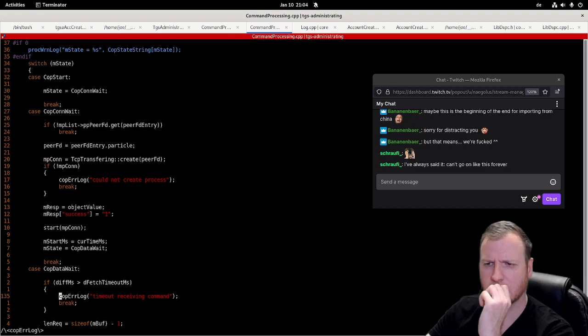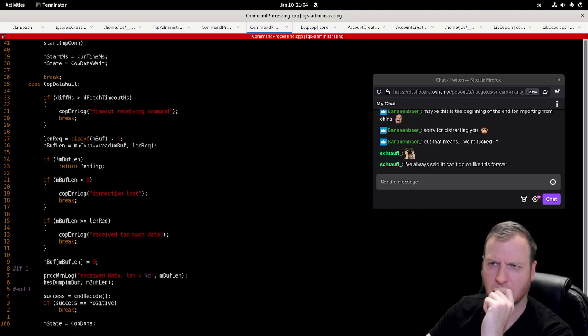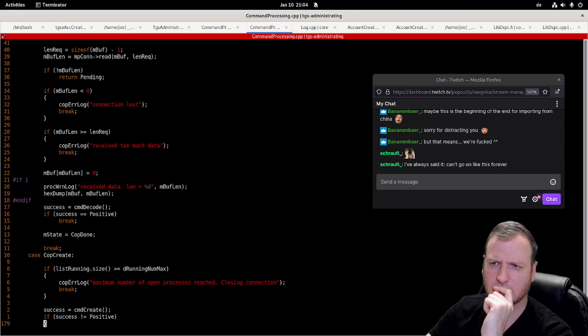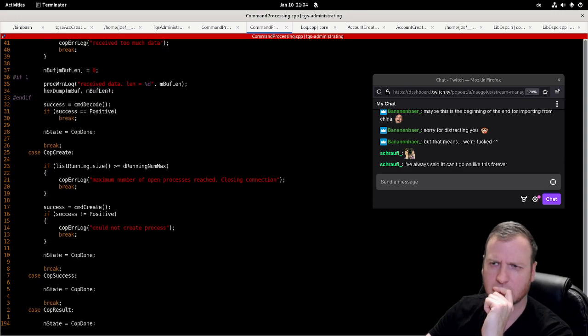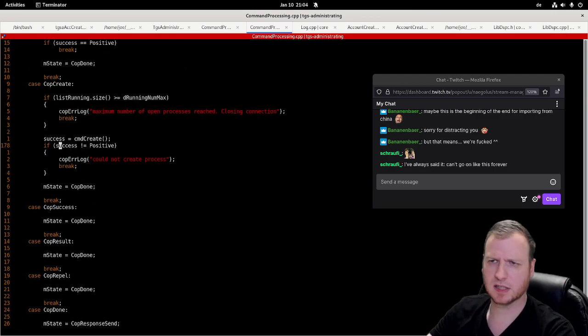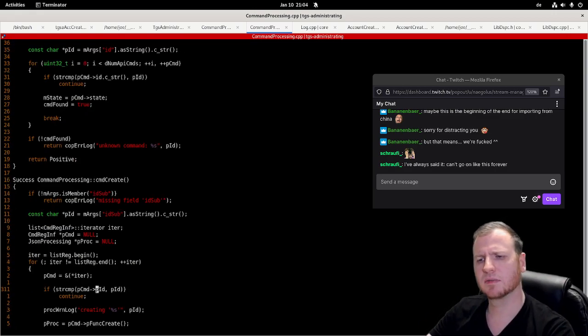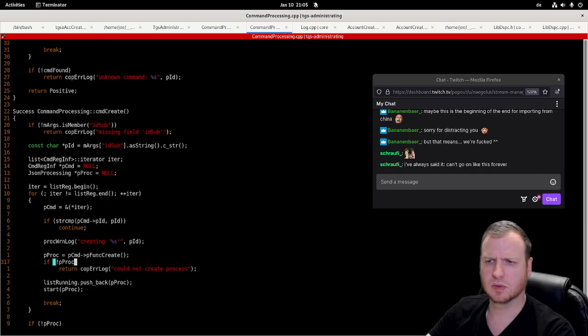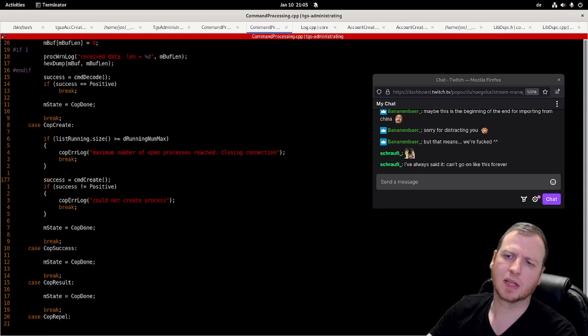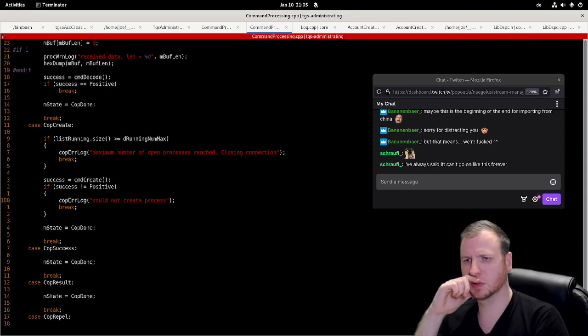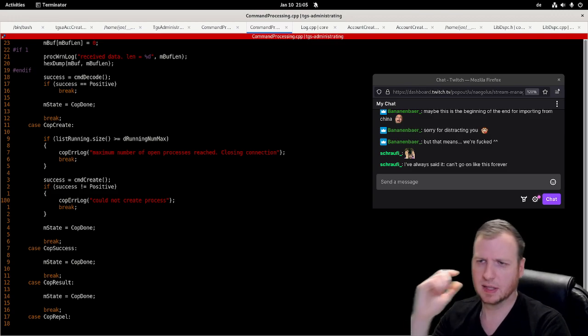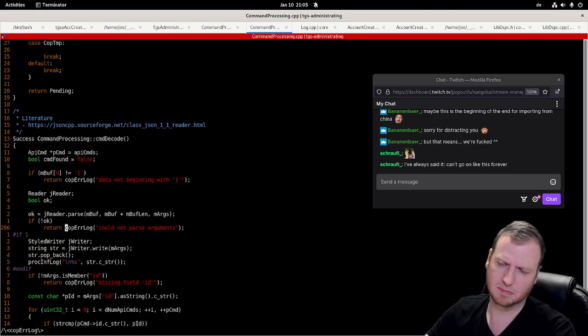The reason would get overwritten if we have a function like this, command create, and we execute this function, cop error log. Then we have a specific reason, but at this point the reason would get overwritten, and that means